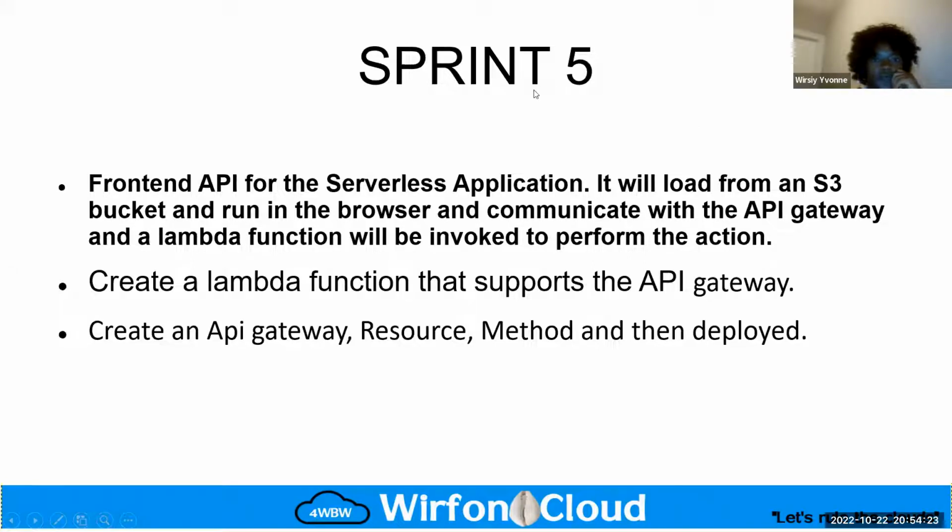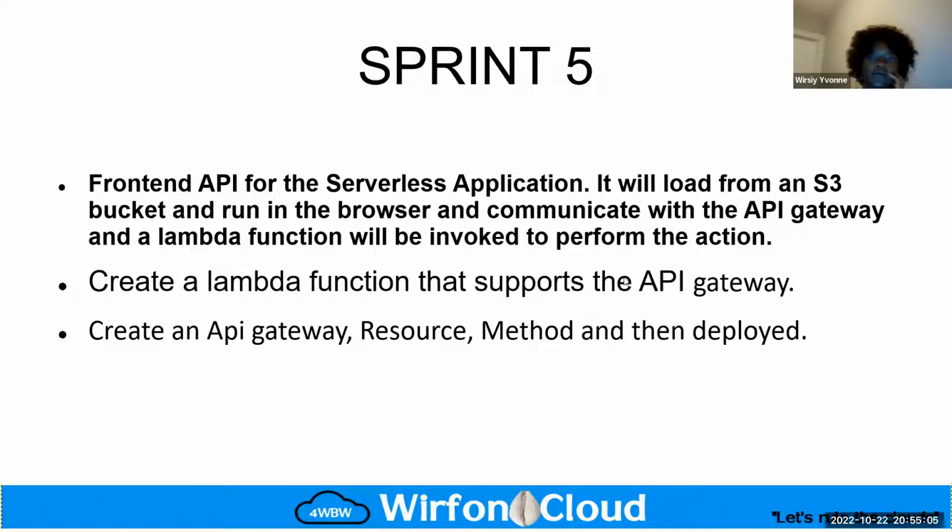Okay, so in our sprint 5, sorry, what we wanted to see at this stage was the front end API for the serverless application. So we had to create the API Gateway for the serverless application. And this was supposed to load from an S3 bucket, which we are going to create in the next stage, and it was going to run on our browser and then